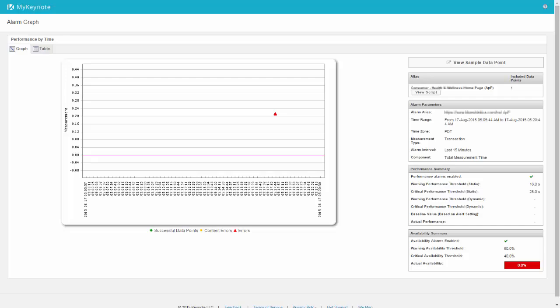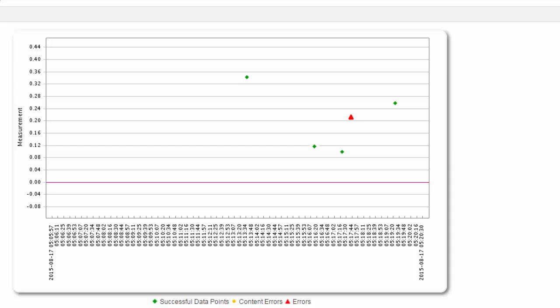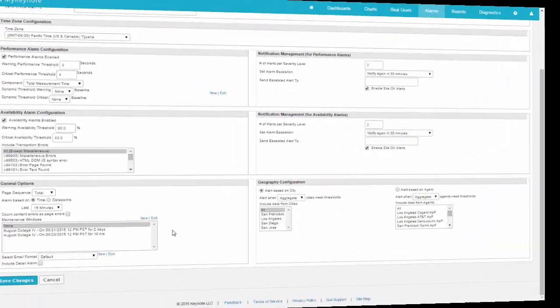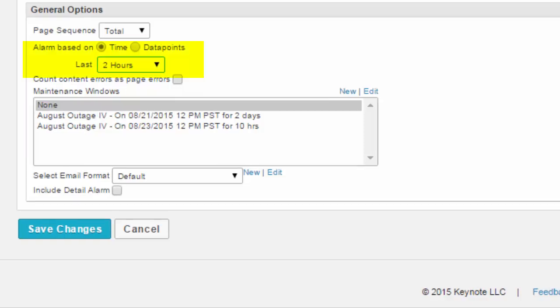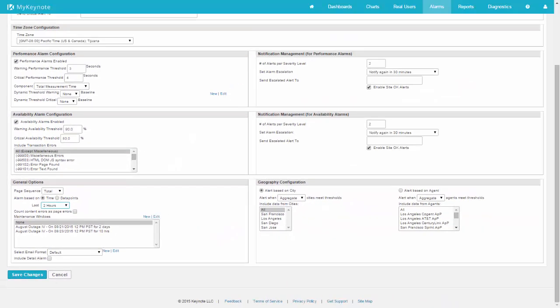The solution is to do one of two things. The first is to increase the number of agents and/or the frequency at which they run. That will give you a much more recent alert when a problem pops up. The other solution is to make your look-back window bigger. You can set it back to 2 hours. That gives me a lot better granularity for availability, but the alarms may not be as recent, depending on when the problem popped up. So those are two general solutions that you can use to make your alarms more actionable